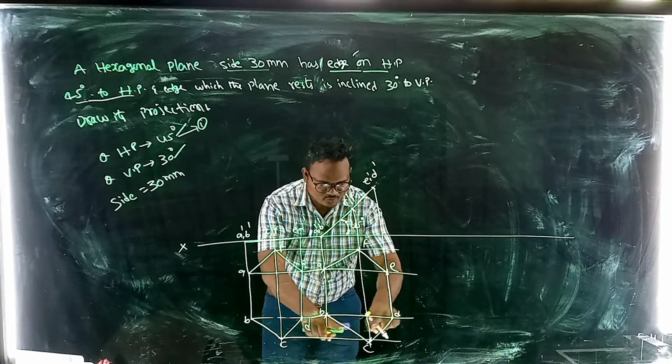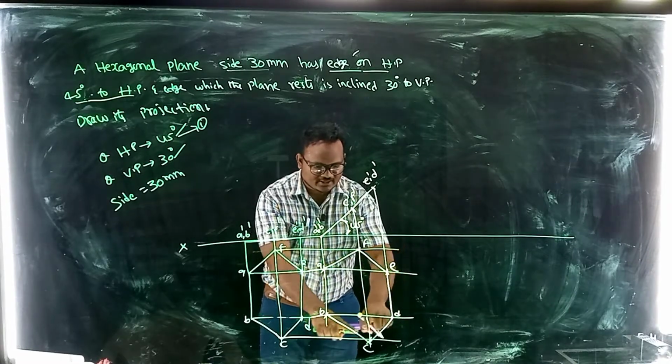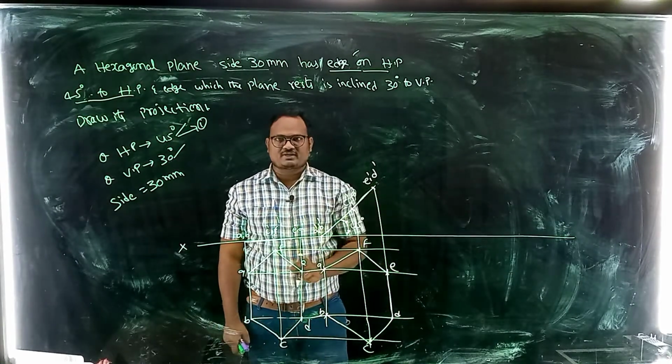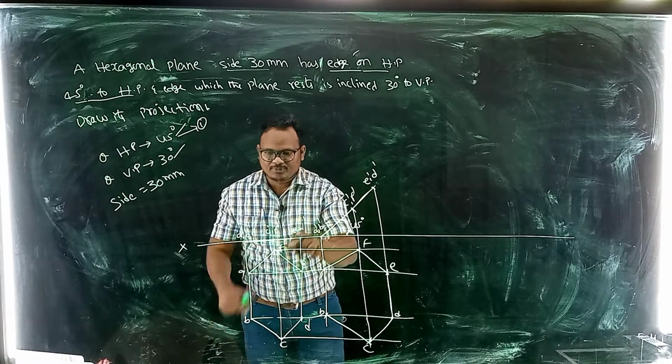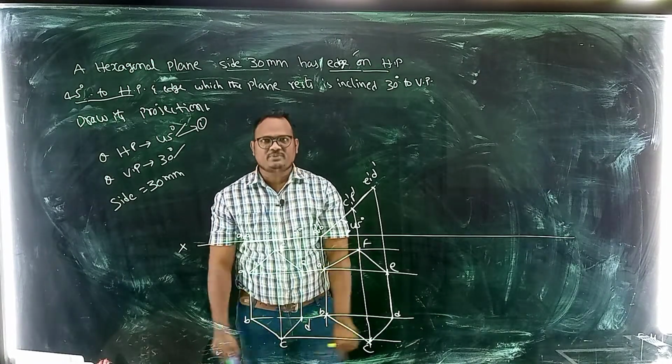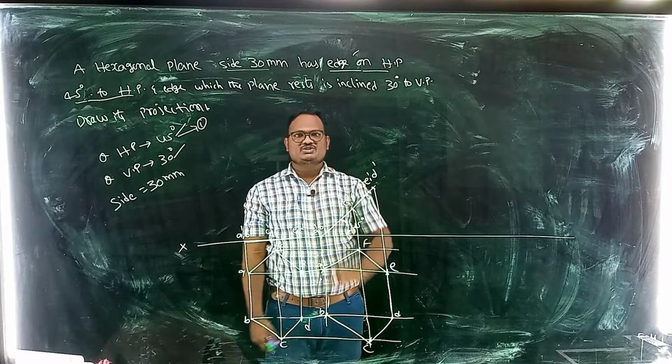This hexagon is only the top view. Only this hexagon should be dark. This line should be dark. Here also only this line should be dark. This hexagon shape should be dark. So stage 1 and stage 2 are over.